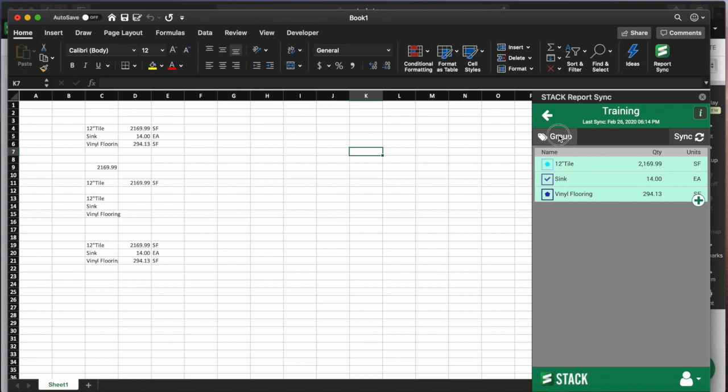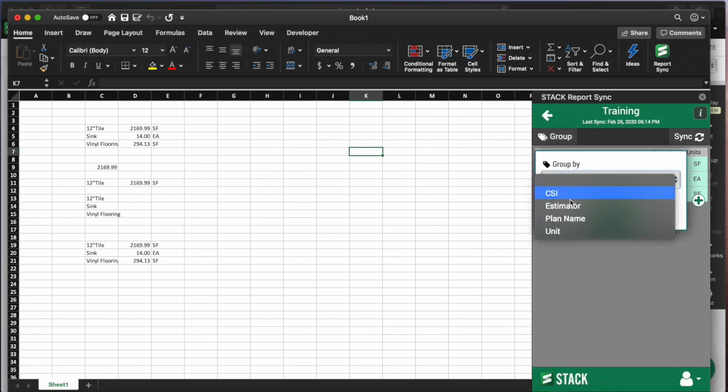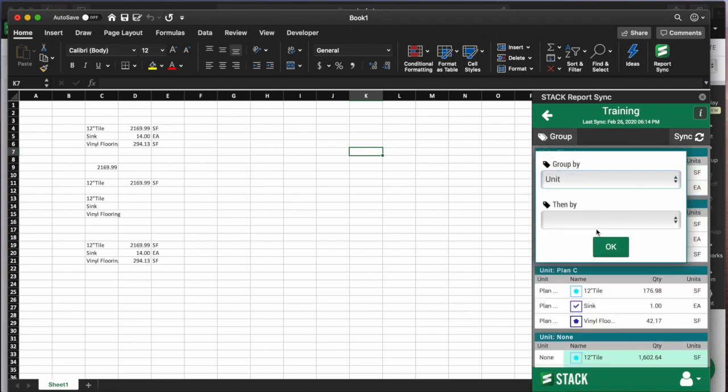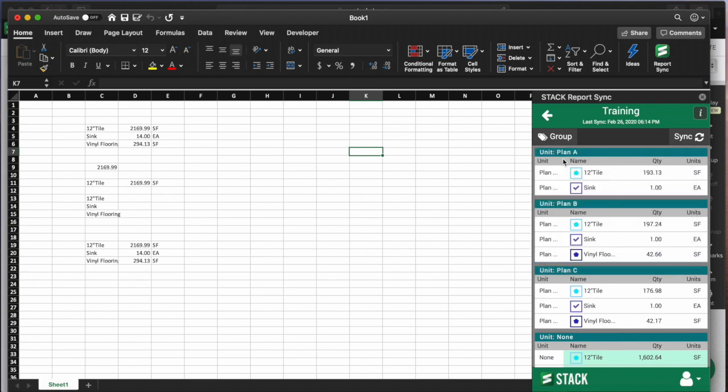Also a little grouping here. So we were grouping by label groups, that works here as well. So we can see, here's my groupings for Plan A, for Plan B, Plan C, just to give you a little guidance on where to pull that data over. So 2 different Excel